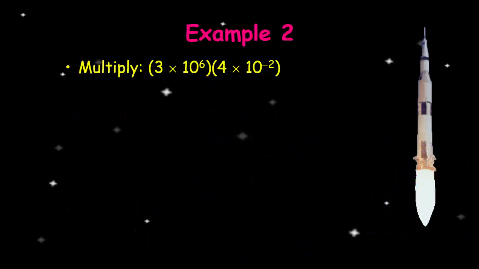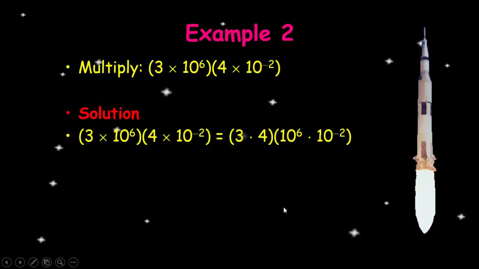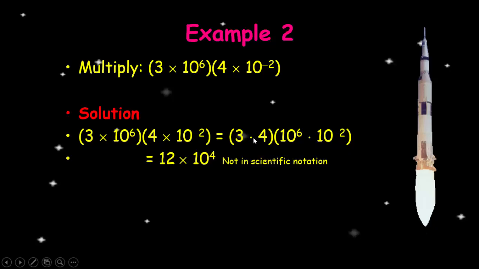In example number 2, we're going to multiply 3 times 10 to the 6th power all times 4 times 10 to the negative 2 power. Solution, we multiply the m and the n, so that's 3 times 4, and now we take the 10 to the 6th power and multiply that by 10 to the negative 2 power, and we get 12, and 6 minus 2 gives us 4, so that's 12 times 10 to the 4th, but